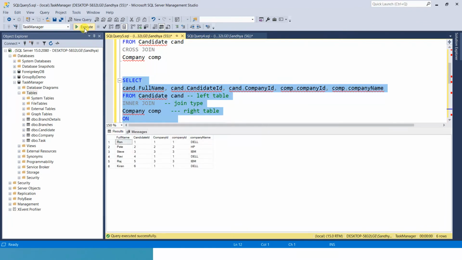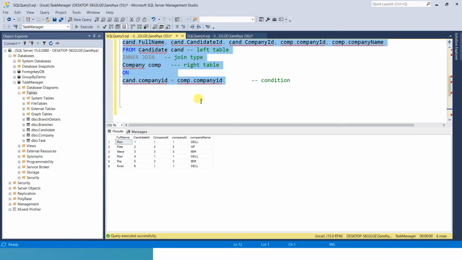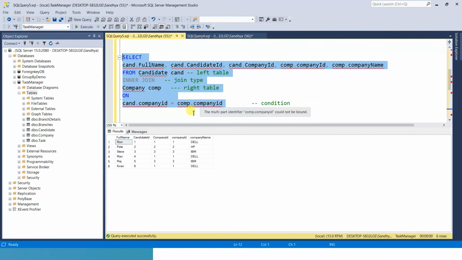You see, these are the company names or results which are common, which have a common column in both of the tables. Company id is the common column between both tables. Company id is present in the candidate table and company id is also present in the company table. So this is the column where both have similar records.